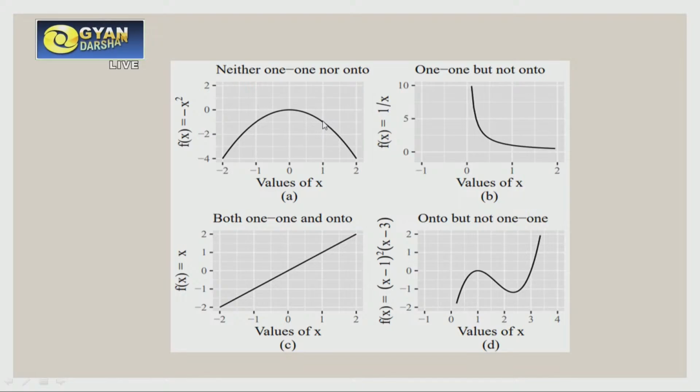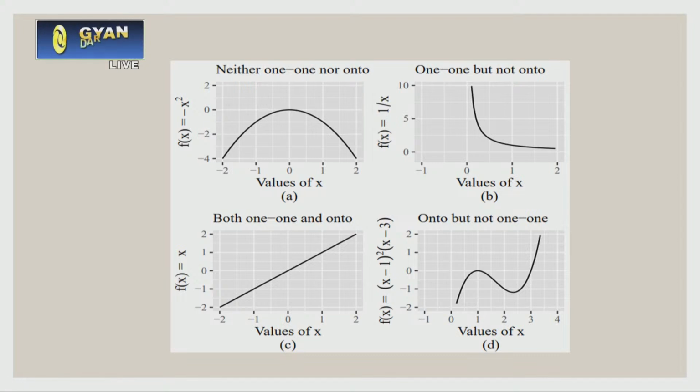And when I draw a perpendicular on the x-axis from this line, I will get 1, and from here I will get -1. Suppose this point is -2, 0 and -1. So if I take this as the mother, then you see that I have 2 daughters, 1 as well as -1. Because this horizontal line intersects the graph at 2 points, it means that corresponding to this mother I have 2 daughters. And the condition of a 1-1 function says that different daughters have different mothers, meaning 2 daughters cannot have the same